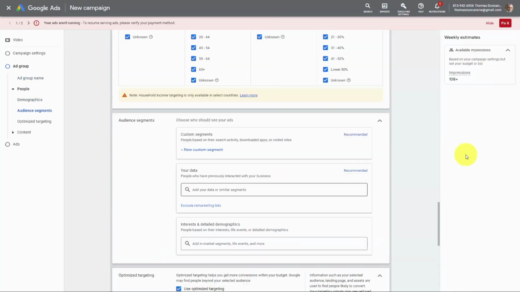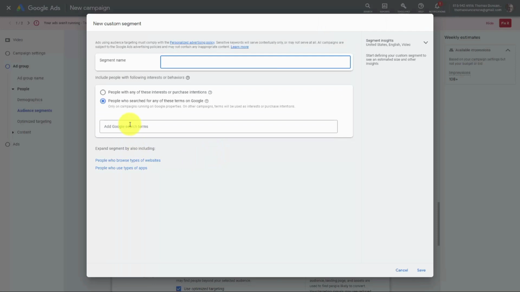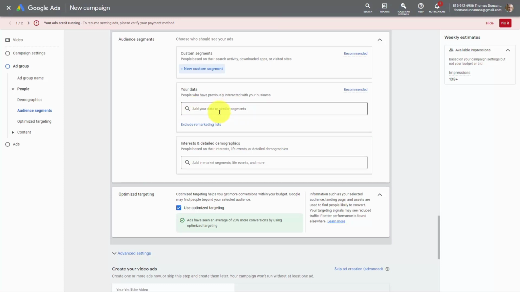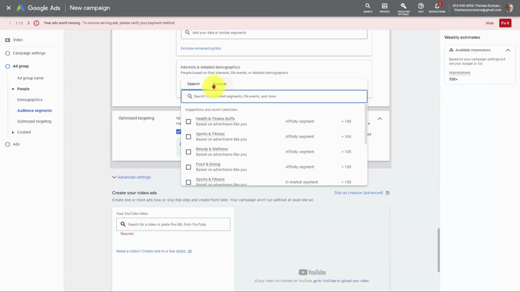Now, if we have decided on specific audience segments, we can choose it here in this area. And it's here where we can determine if people have specific interests or purchase intentions. We can include them here in this area. If we want to have people that have previously interacted with our business, we're going to place that information here. And it's here where we're going to choose our in-market segments based on the research that we did with our